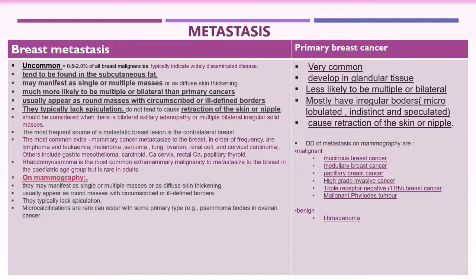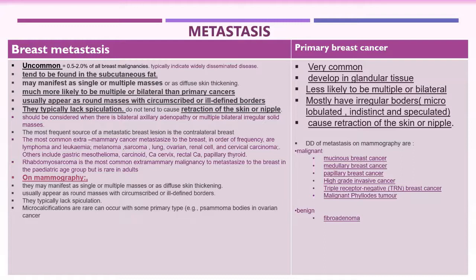But it tends not to have speculated borders, the metastasis, and even not seen to be associated with skin retraction or nipple retraction, unlike the primary lesion. If you have seen skin changes, retractions, or nipple retractions, think about primary, not about secondary. Even multiple lesions might be